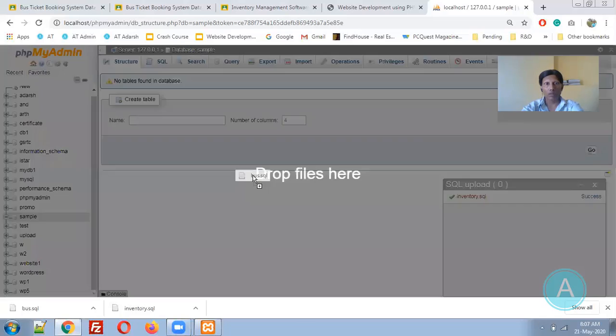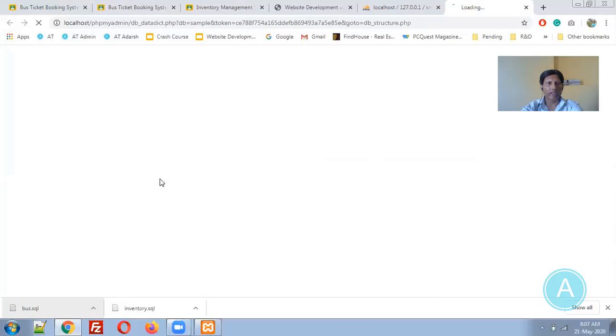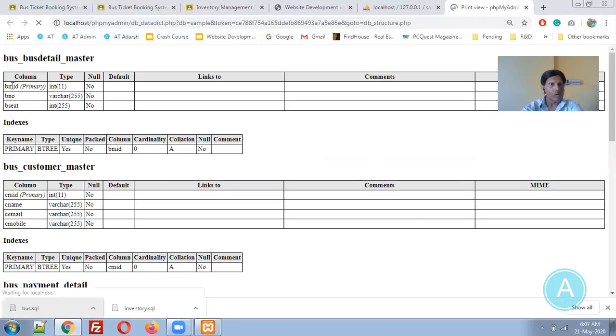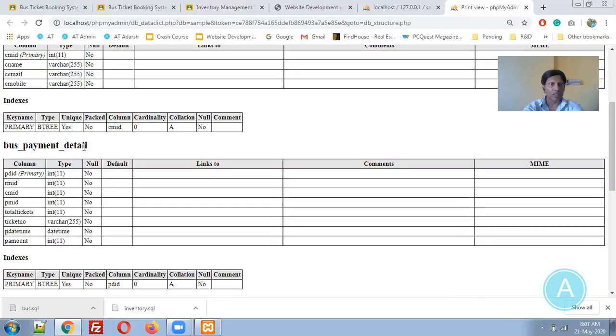Let me import bus. So the bus database import is in process. Okay, it is imported. Let me go to the data dictionary. Okay, BMID, B number, B seat, okay, CMID, all these details.